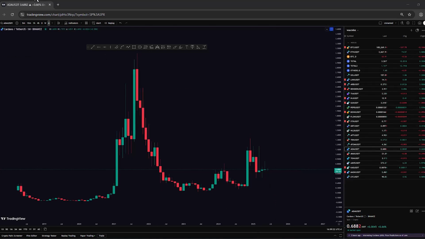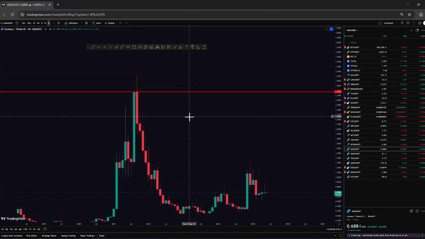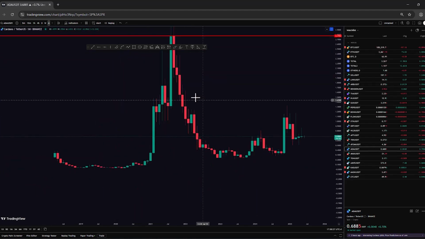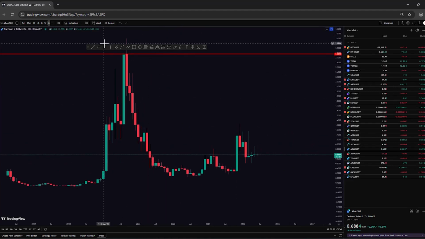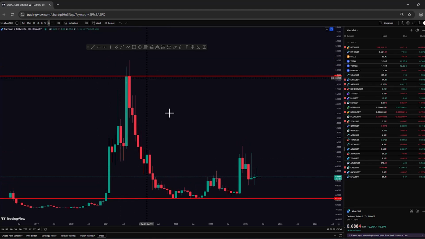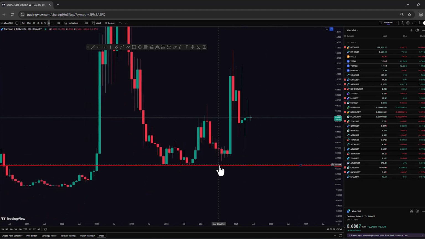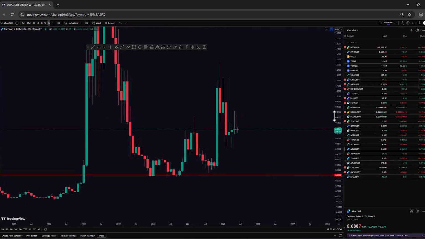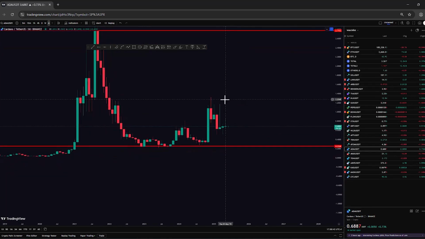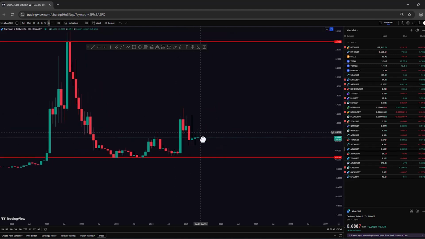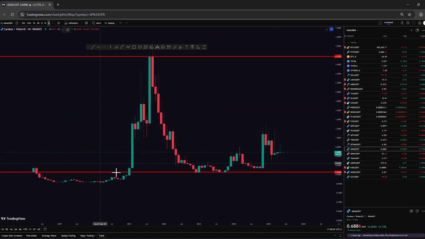Okay, so this became our resistance that was above our price. Now, where is our support? We're taking the lowest and highest points, right? This becomes our resistance. Our lowest point becomes our support, which if I want to make it a little prettier, it becomes like this. This became our support. As you can see, it came to it, got supported, went up, got supported again, went up, came again, got supported, went up.